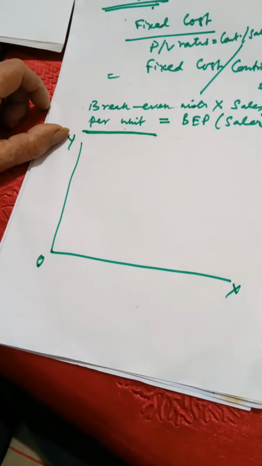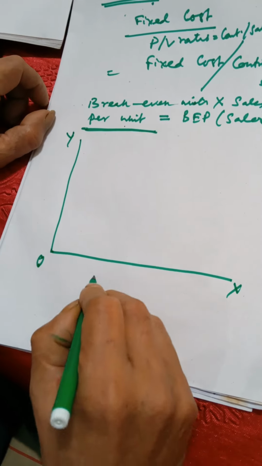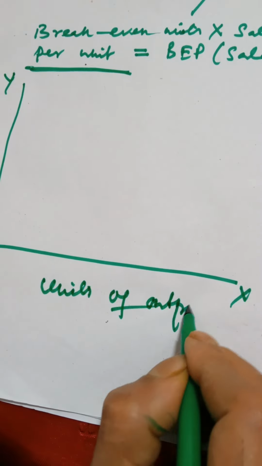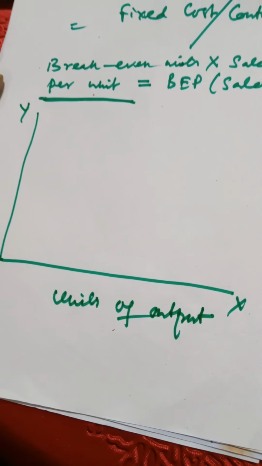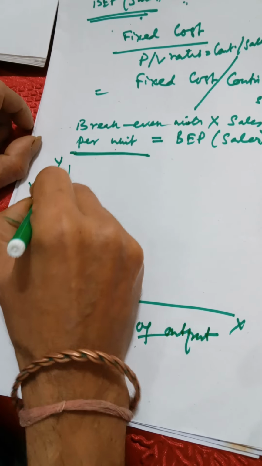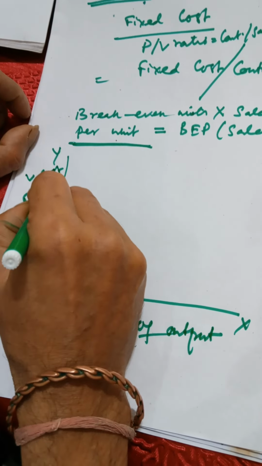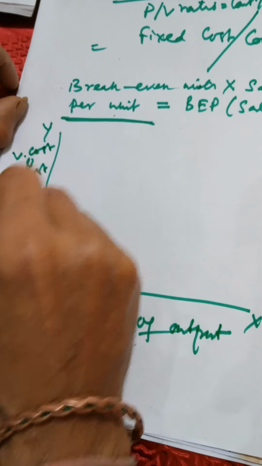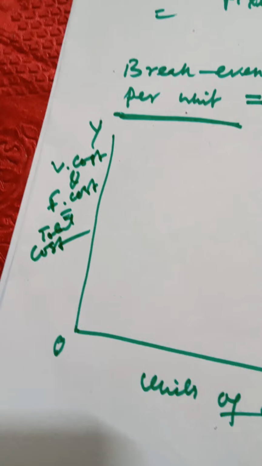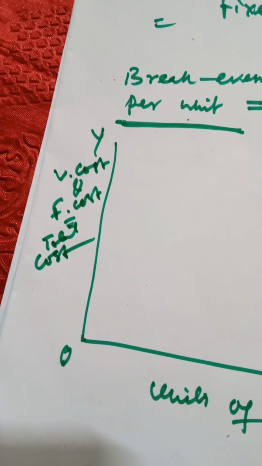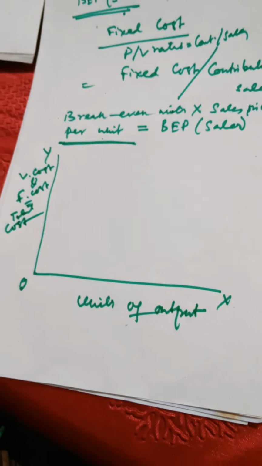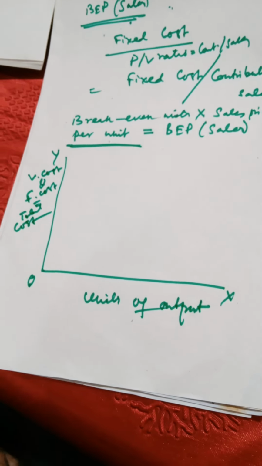On the x-axis, we measure units of output, and on the y-axis, we measure variable cost and fixed cost is equal to total cost. Okay. Now, variable cost or marginal cost or prime cost or direct cost